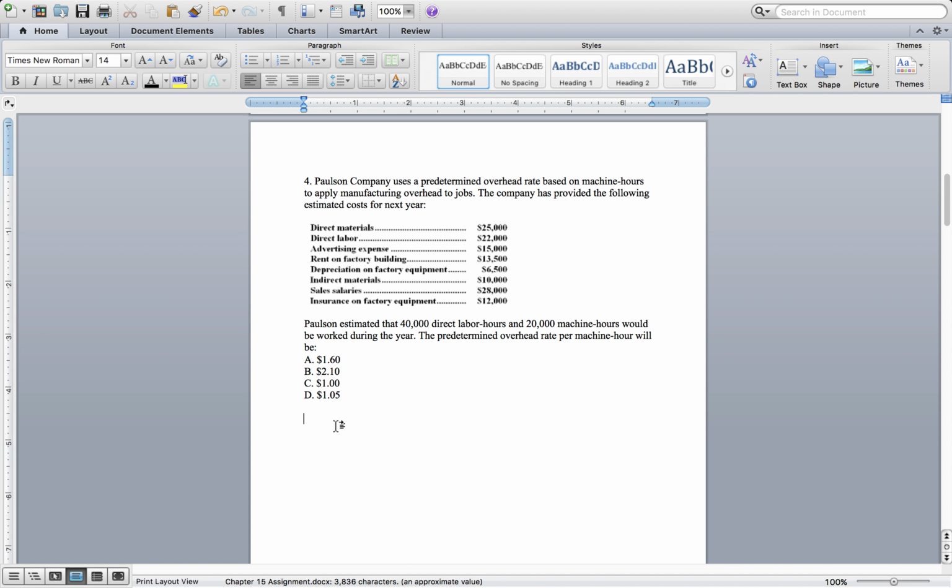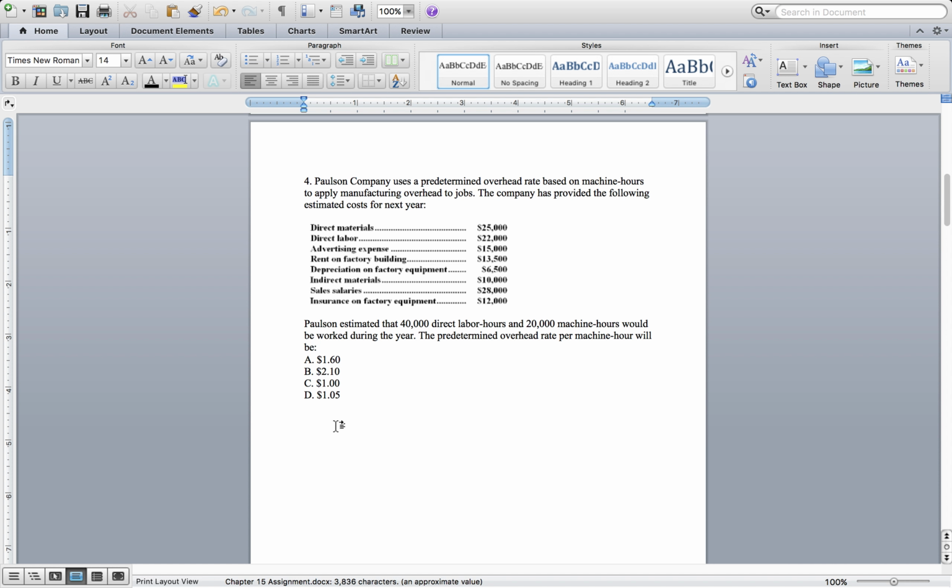Next one now, number 4. It says here, Paul's company's predetermined rate based on machine hours to apply manufacturing overhead to jobs. They provide the following: estimated 40,000 direct labor hours and 20,000 machine hours. The predetermined overhead rate will be, well, to get the predetermined overhead rate, first thing you got to do is calculate